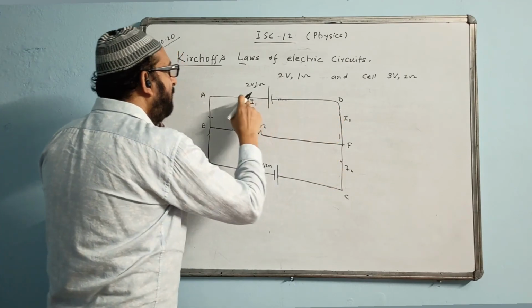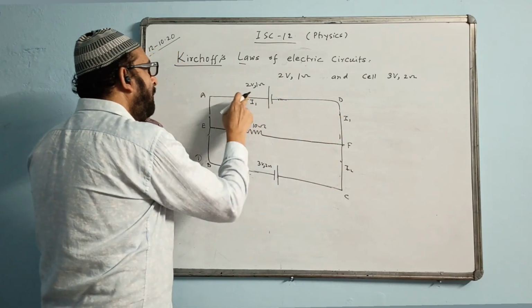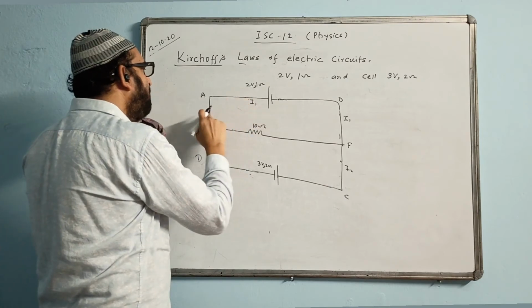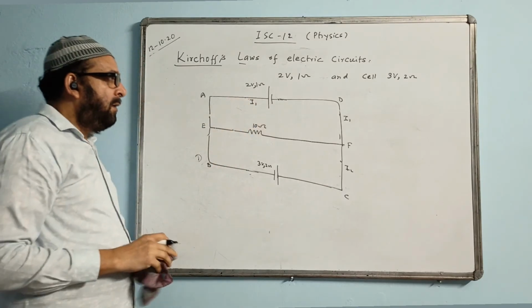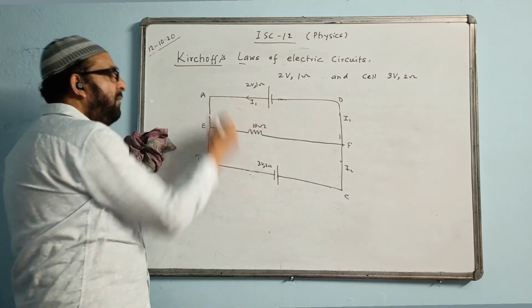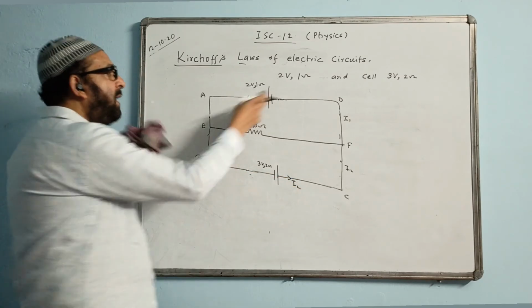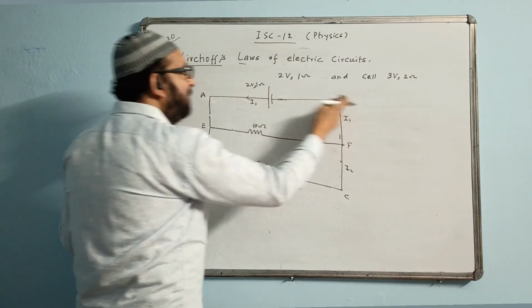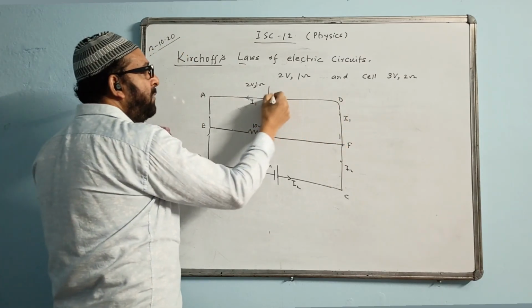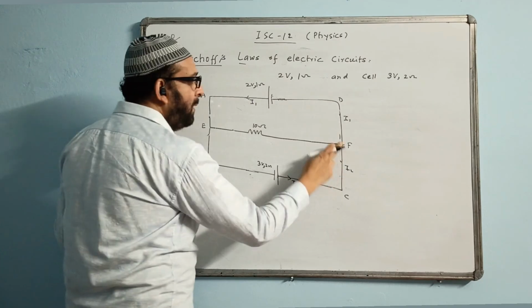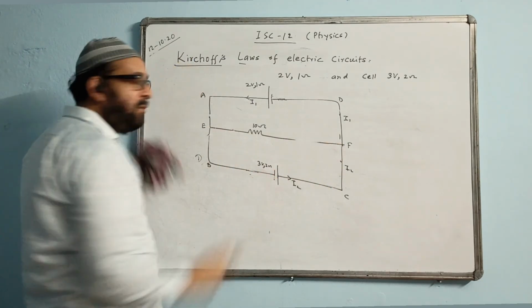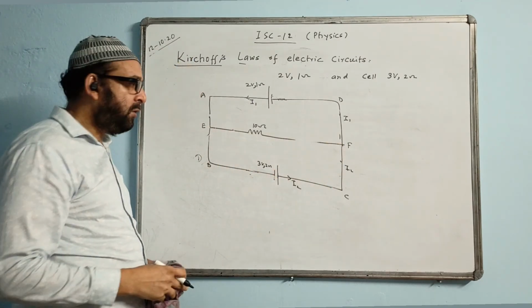Direction of current will not be given, we have to mark it ourselves. And if it is given in the question already, then we will follow that direction. The current coming out here is I1, and the current coming out here will be I2. We'll take I1 flowing like this, a closed path to go back to its source, and I2 will follow a path like this in order to go back to its own source.